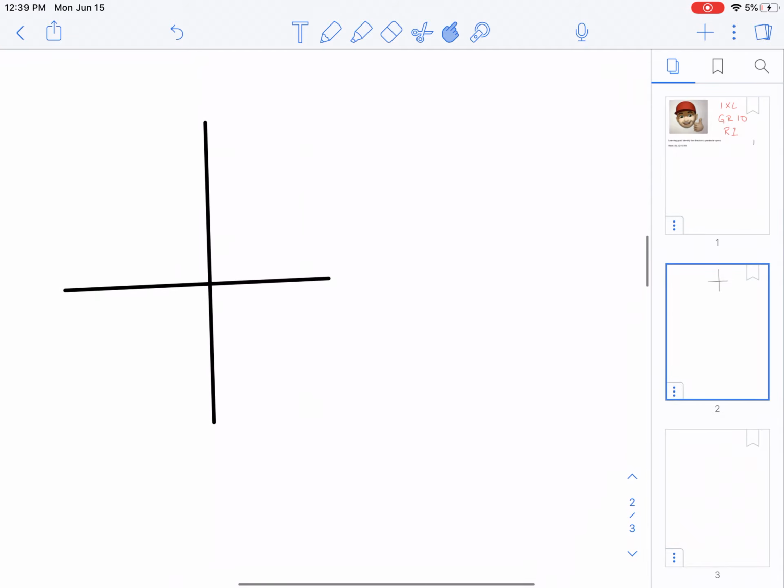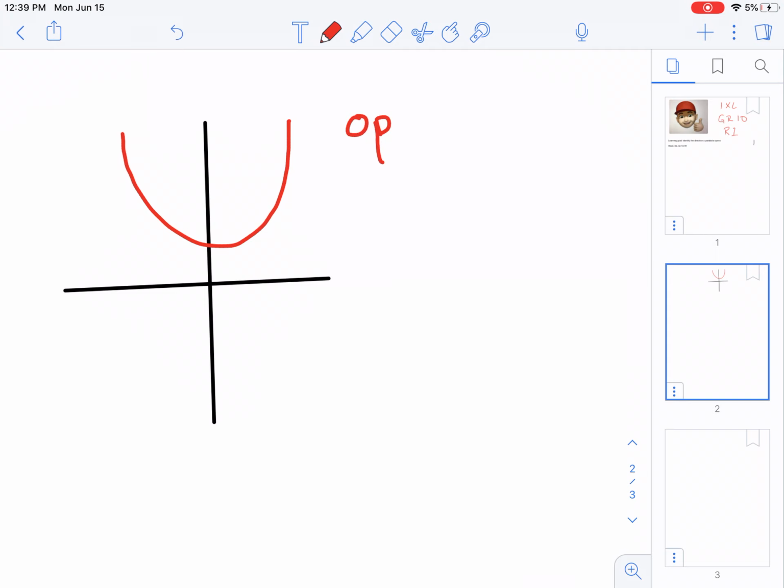So all you have to think about is where the open part of the parabola is. So if we have a parabola that opens to the top, we say it opens up. This parabola opens up. And you would see it when you see an equation like y equals